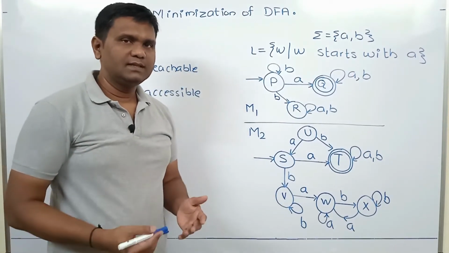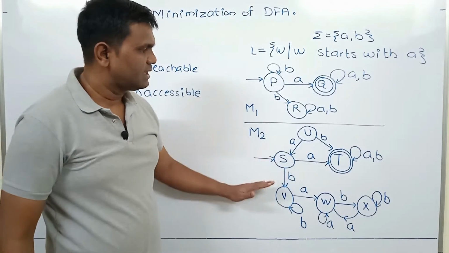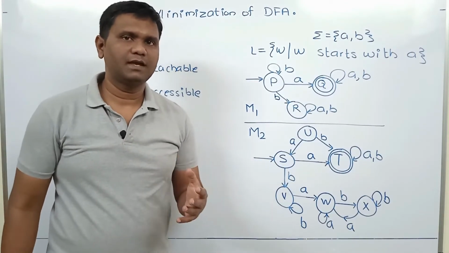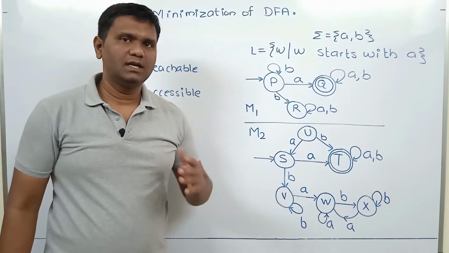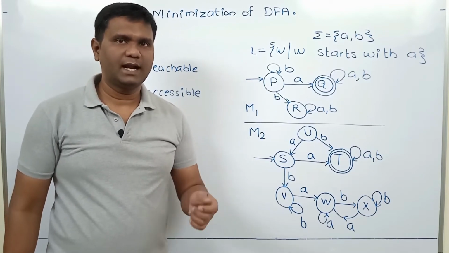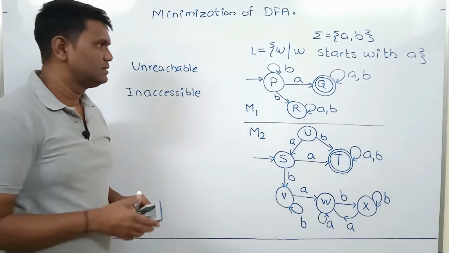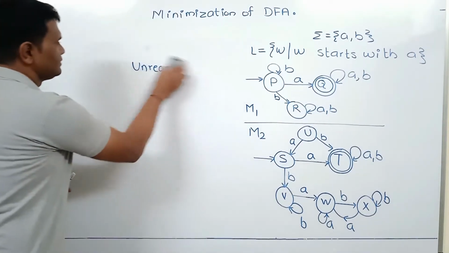Now someone may think that here more number of states are added deliberately, but it may happen that while building the DFA, while developing the logic, unnecessarily more number of states might get added, and that's why we require DFA minimization. We will consider one example.